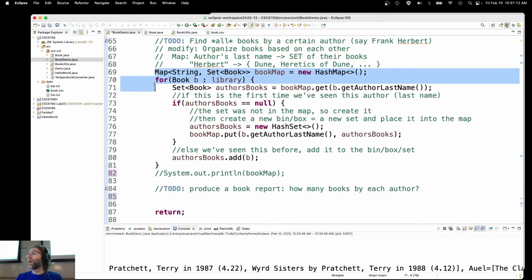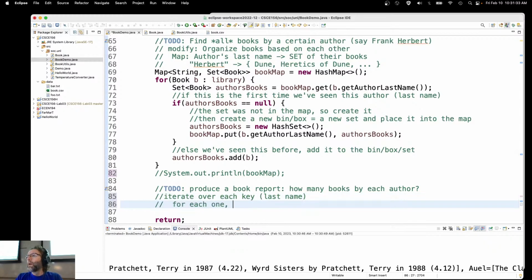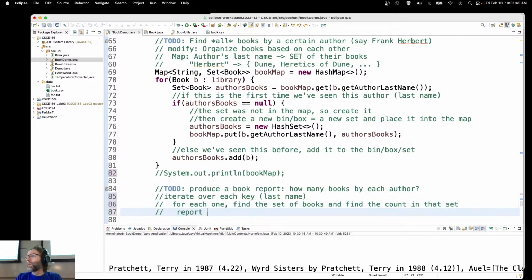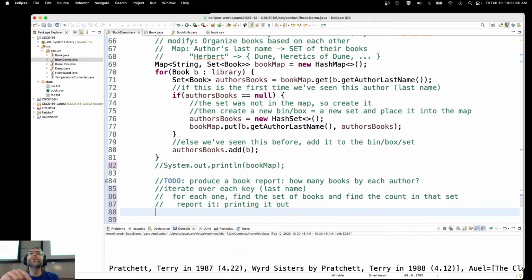But because I chose to represent the data as this mapping, this key value pair where the key is the author's last name and it's mapping to a set of their books, it's going to be really, really easy to produce this report. All I need to do is iterate over each key, that is a last name, and for each one, find the set of books and find the count in that set. Then report it by printing it out. That's going to be actually fairly easy because of the way that we chose to represent this data. So I'm going to go ahead and iterate over each one of the keys. For string last name in the collection book map,